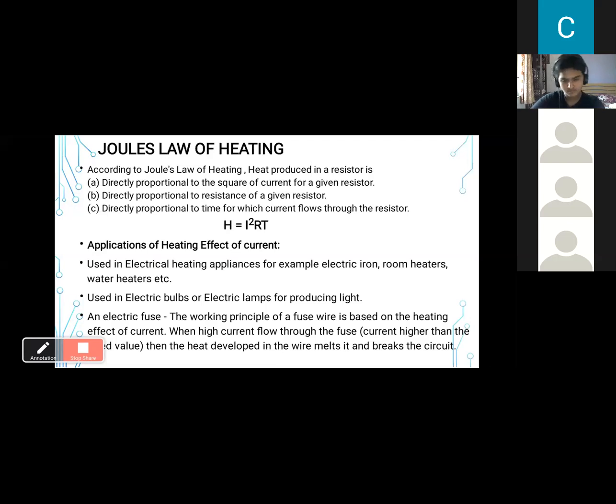Getting me? Yes, ma'am. What is the power formula? V square by R. So V square by R into T also you can apply as heat formula. But whenever it's asked, Joule's law of heating is I square RT only, not V square by R into T. Only this formula is Joule's law of heating. Other power formulas also you can apply, like V into I into T, V square by R into T, or I square RT. All these three formulas you can apply, as we learned for the power. Just multiply T with the power formula.